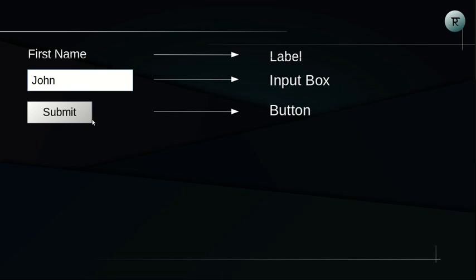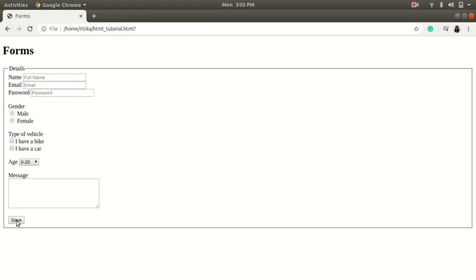We have a button. So this save, this is a button. So when we are clicking on it, it is refreshing, it is reloading. See here. This is because this is also a kind of input element, and we are using type as submit. So whenever we use submit, it submits the data and it refreshes the form.